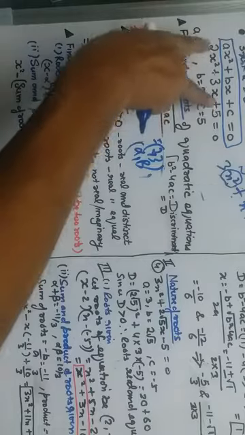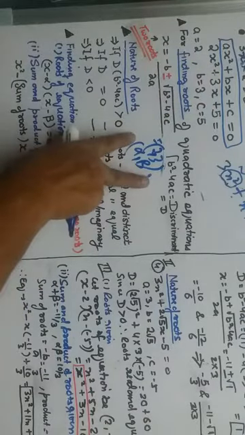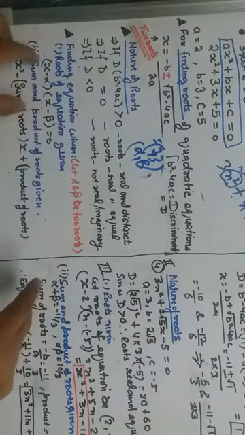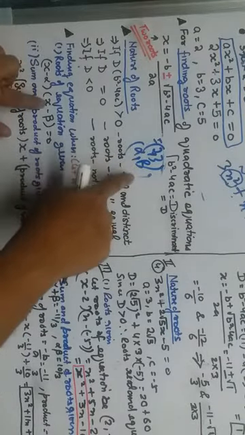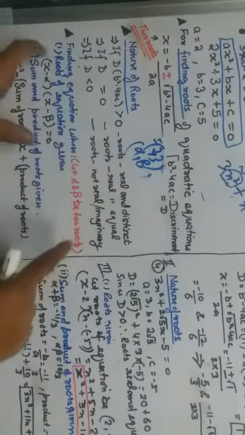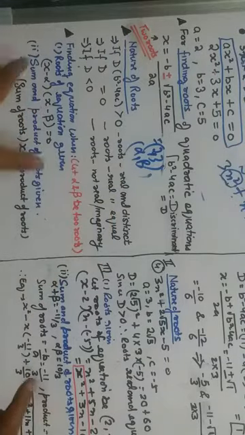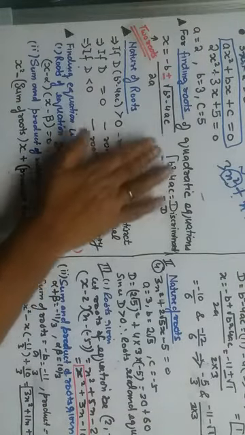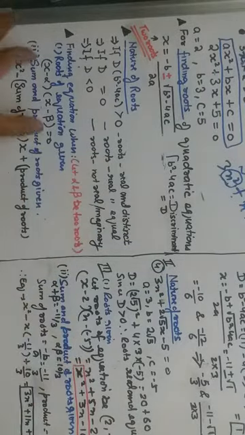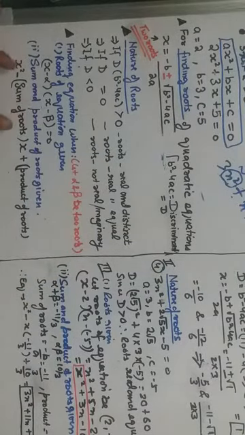We have got, suppose, these two roots from this equation. Now it is asked to find this equation if these two roots are given. So how to find? Apply this formula: x minus the first root, suppose this is 2, x minus the second root, suppose this is 3, equals 0. Open the bracket, you will get the equation. Next, if roots are not given, and the sum of the roots is given and product of the roots is given, the formula for this is x square minus sum of the roots into x plus product of the roots.